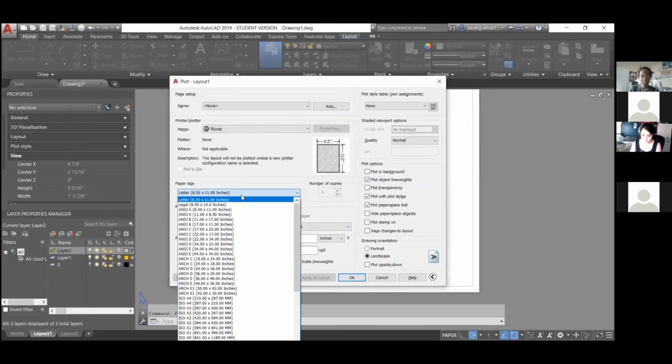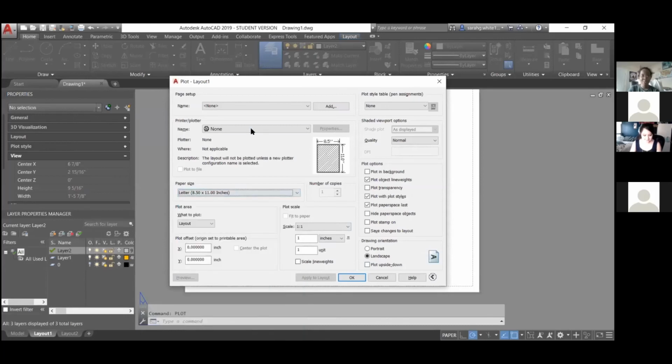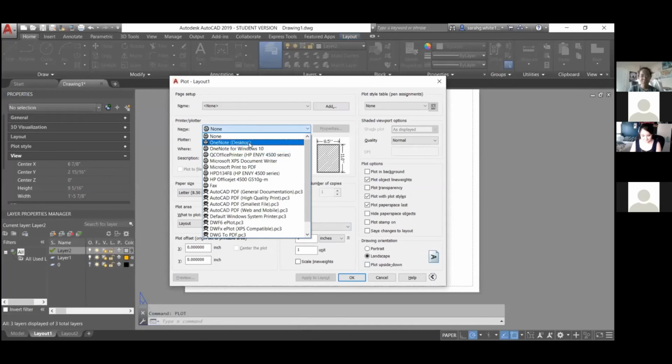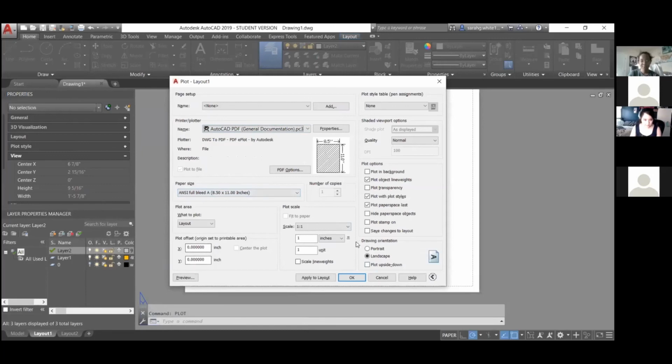And from here, we can change the paper size and whatever way we, oh my God, it's already been an hour. Oh no, I'm so sorry. But basically you can choose your paper size. You can choose where you want to go. We usually say general documentation. And here